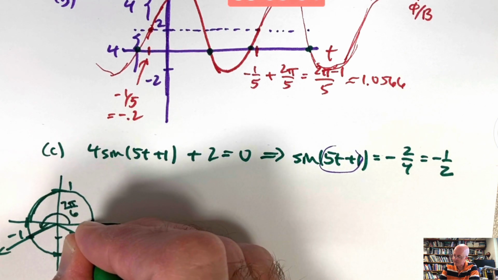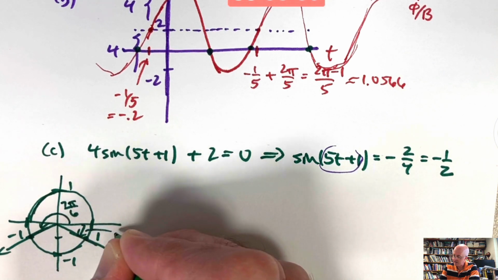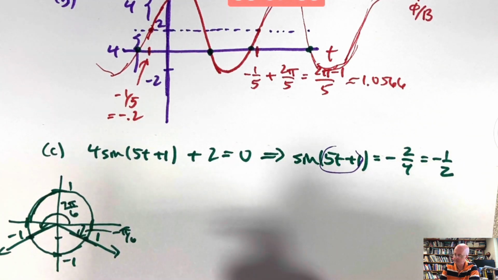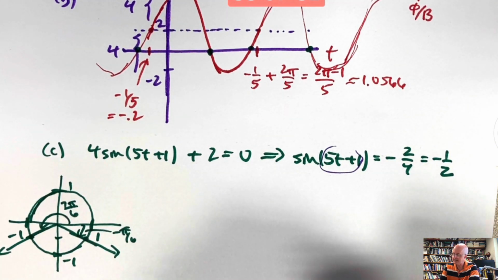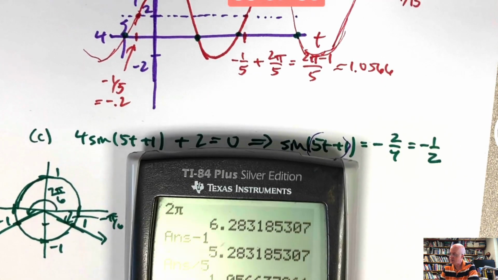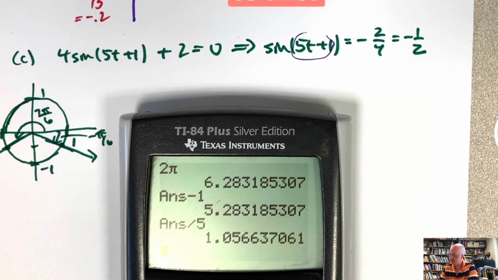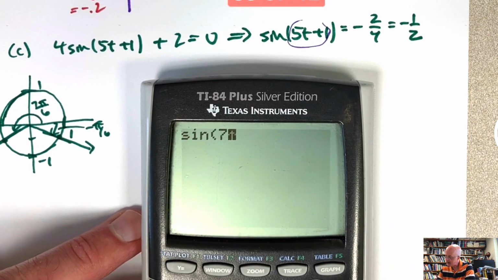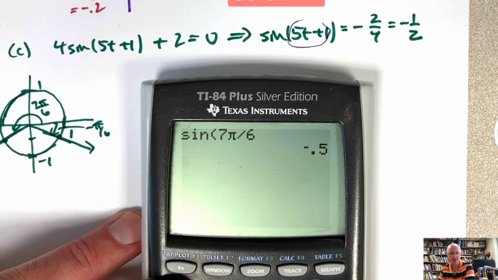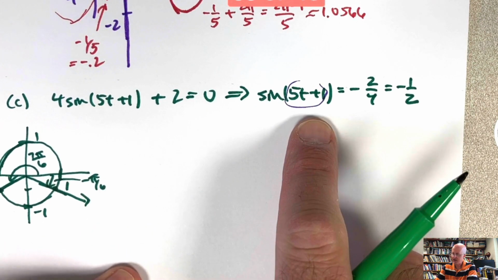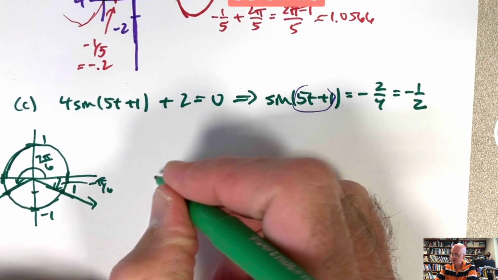Let's use negative pi over 6 as well. Negative pi over 6 is negative 30 degrees. Positive 7 pi over 6 would be 210 degrees. Those would be examples of angles whose sine is negative 1/2, if you want to just double check one. Sine of 7 pi divided by 6, for example. Yep, negative 1/2. And that's going to represent 5t plus 1. So 5t plus 1,